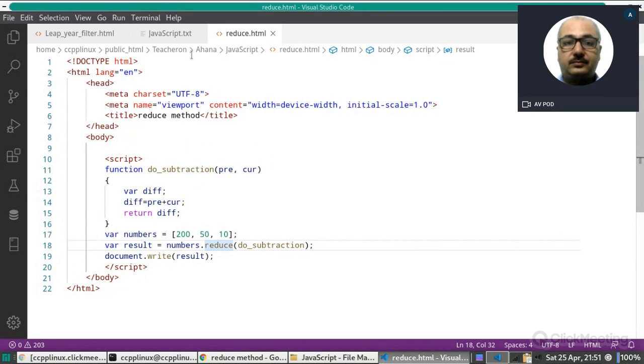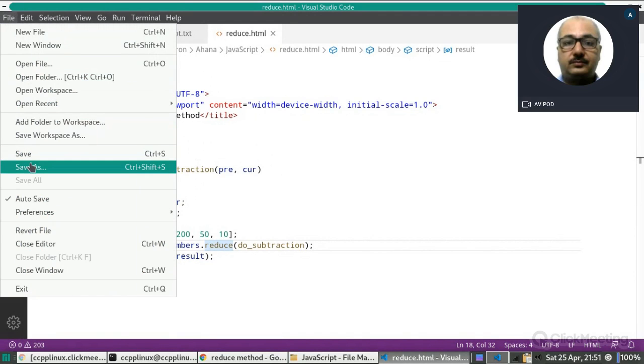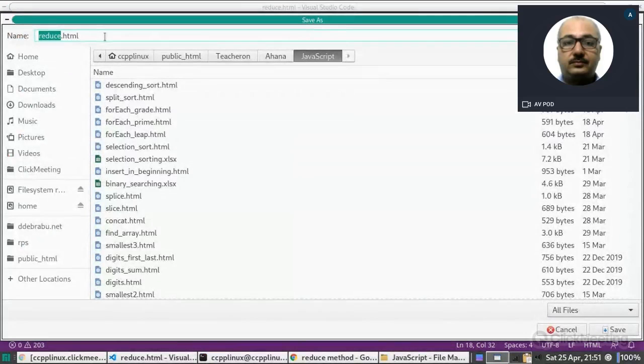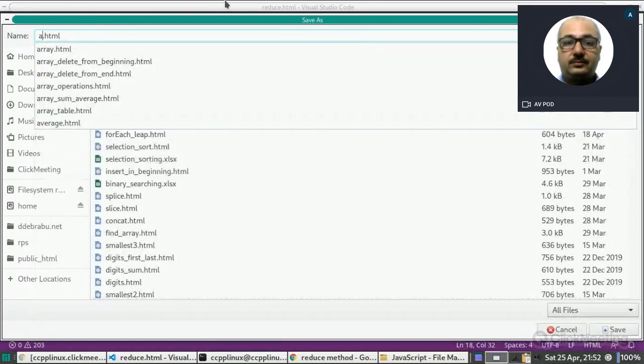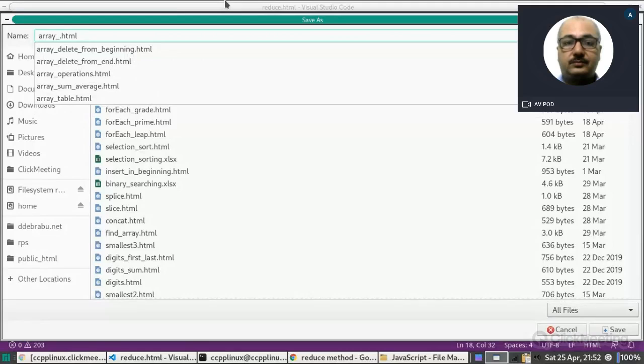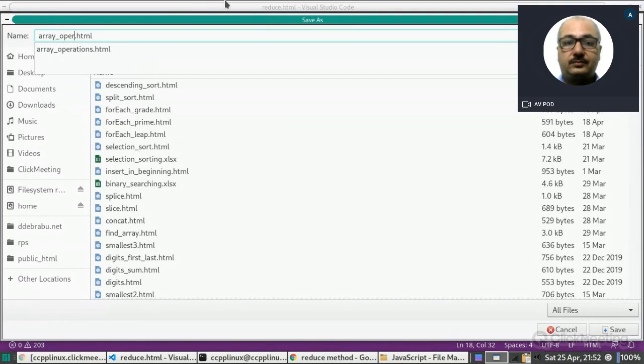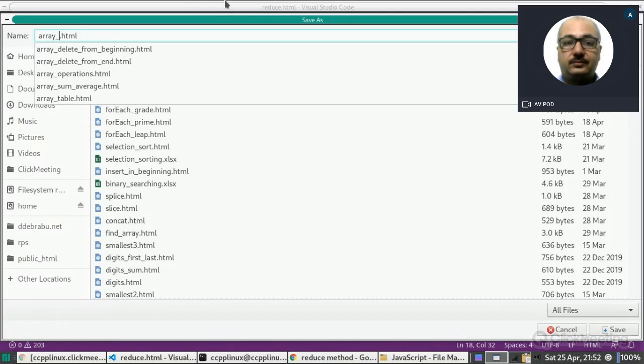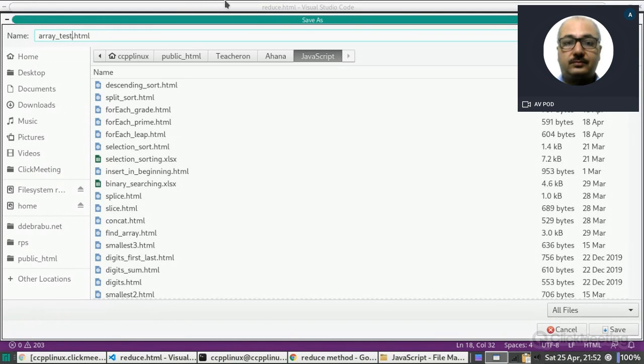So this is our file reduce. Let us save this file with a different name. Suppose its name is array operations. No, it is already there. Array form.